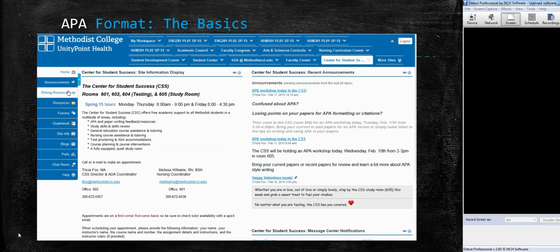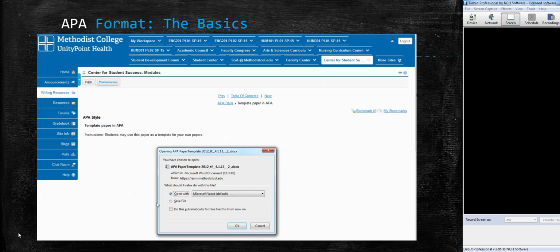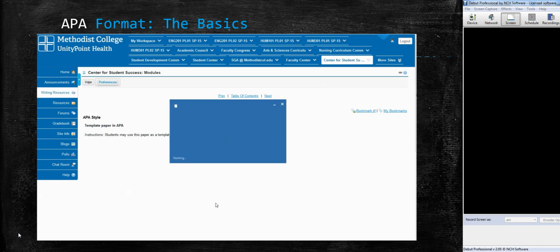Along the left side, when you're here in Sakai, go to Writing Resources. You'll see all these great writing resources for any type of paper. You also have a lot of resources here for APA, but this is what I want you to look at: template paper in APA. So click on that, hit OK to open it,